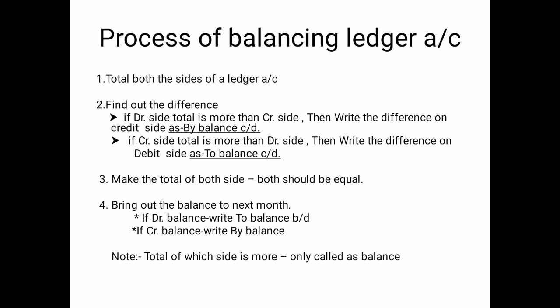First, after posting all the recording, meaning from the journals to the particular account in the ledger, the process of balancing will start. I am giving one example here: from 1st January to 31st January you have the data and all the entries related to it. Balances will be calculated on the 31st January, at the end of one month.